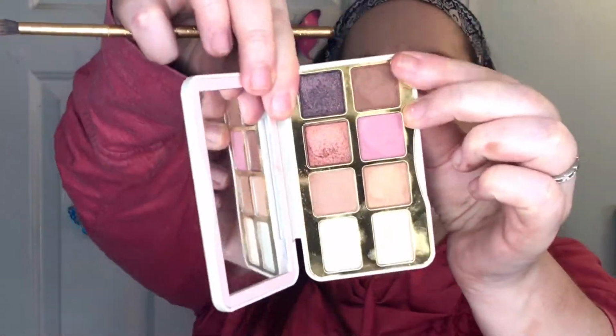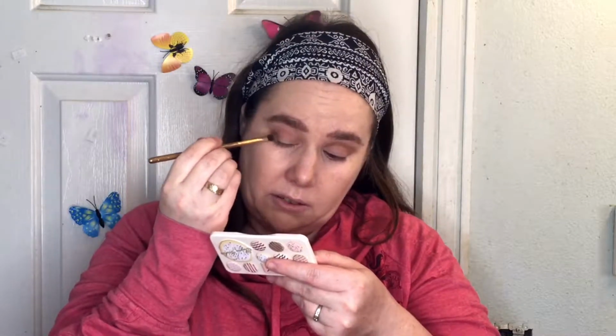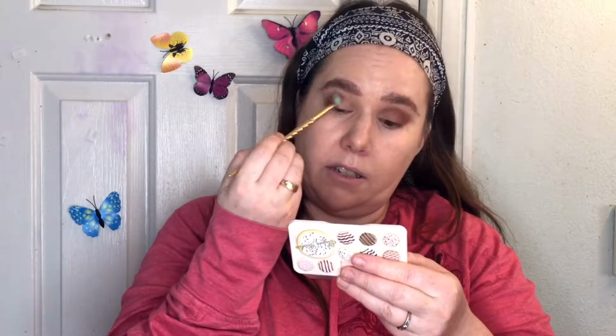Now I'm going to take Burnt to a Crisp, which is this really lovely dark brown here, which doesn't appear so dark in the pan, but man, when you put it on, it's intense. Oh, when you put it on the lid, it's not so bad as when I swatched it. Neutral palettes don't normally call to me, but this one is little and pretty, and I just really liked it. Taking just a clean blending brush, that's all this is, and I'm just gonna blend up here and around that